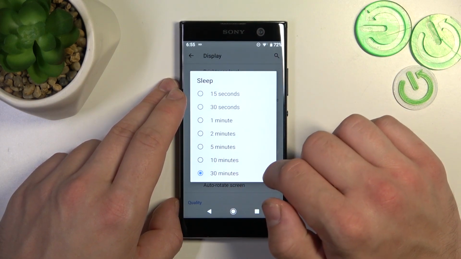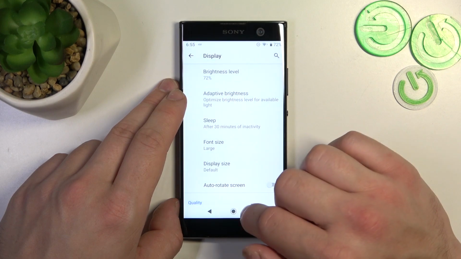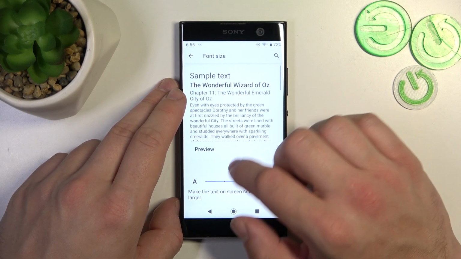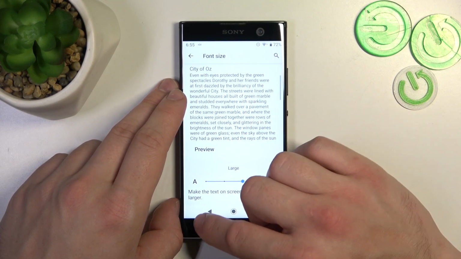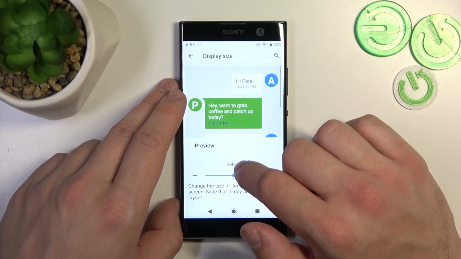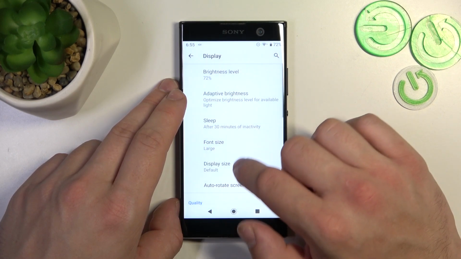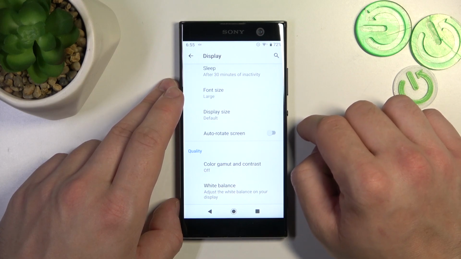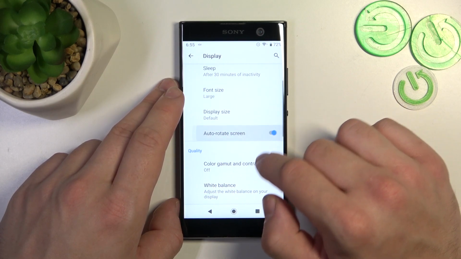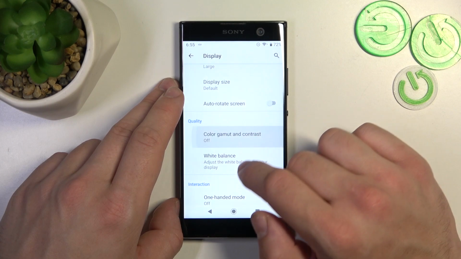Next, we can change sleep timeout between 15 seconds and 30 minutes. And then we can change font size. Also, we can change display size. Next, we can enable or disable auto rotate screen, change color gamut and contrast,